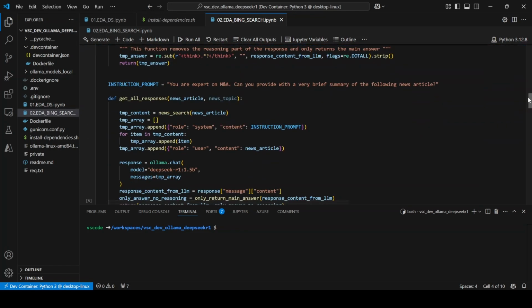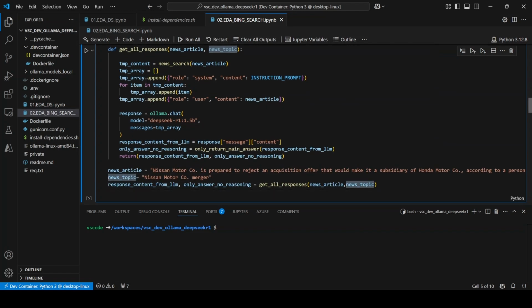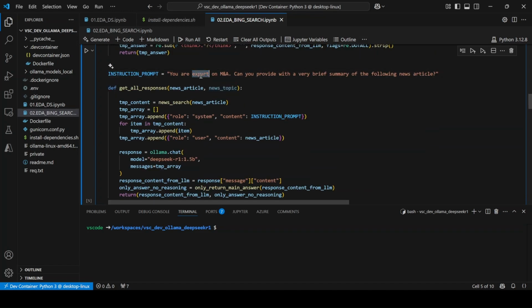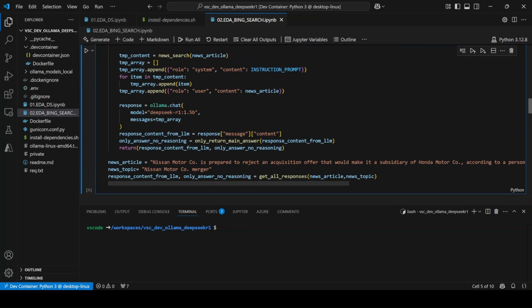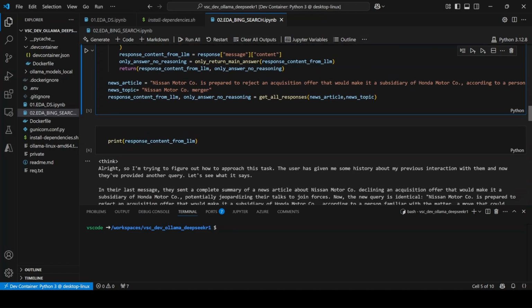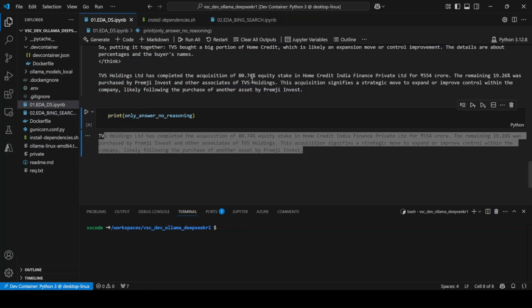And there is a change, obviously. So rather than only passing the original news articles, now we are passing this array of news articles, and the rest remains the same. So we are just trying to find out using the same instruction prompt that we use: provide a brief summary using these news articles and this context, obviously. So what is going to happen is, let me see the answer. So if you see this,